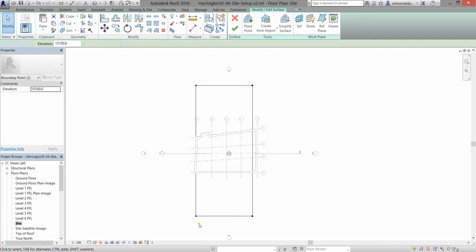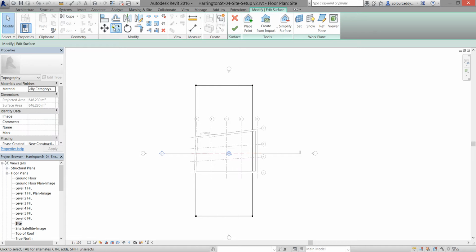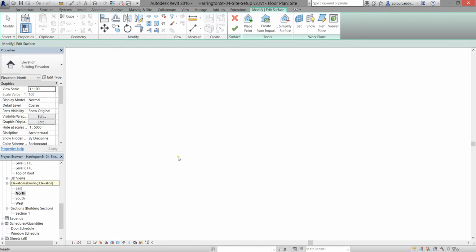Okay, so I've got there my 4 points set out in a rectangle, and that's the reason I used copy to create them rather than place point. It's a bit harder to line them up using place point. Right, so now I'm going to go to my north elevation,